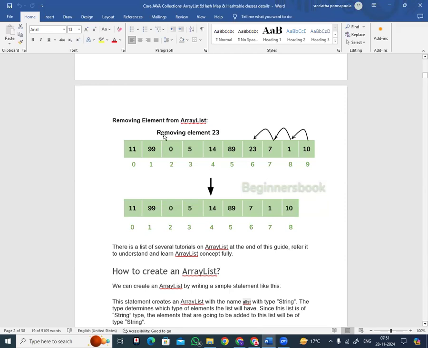Then we are trying to remove element 23. That means at the 6th index, we are removing element 23 from this ArrayList. So after removing 23 using the remove method from index 6,